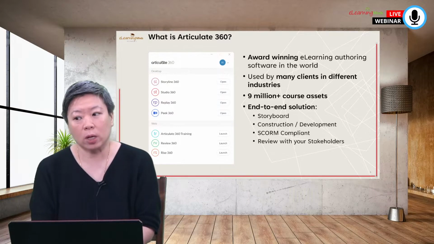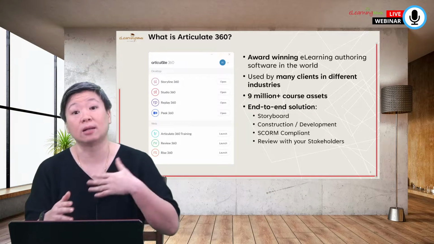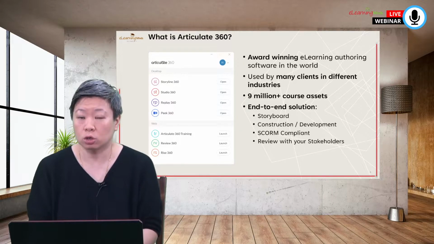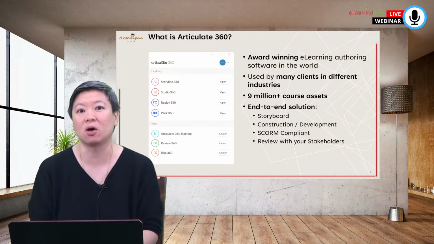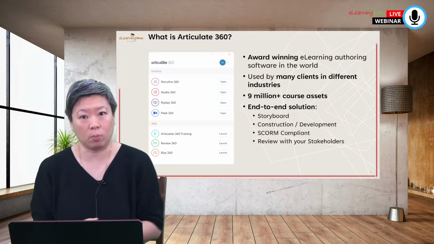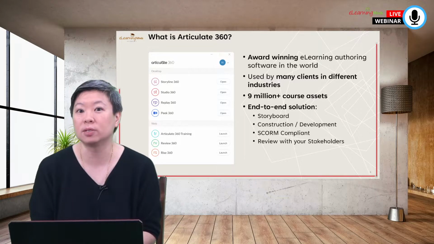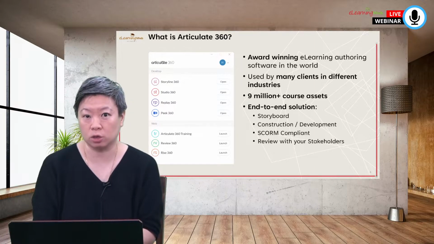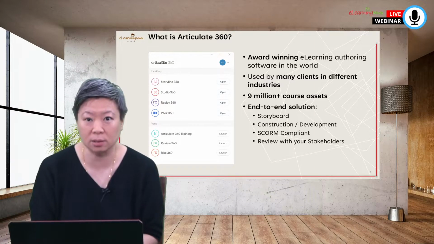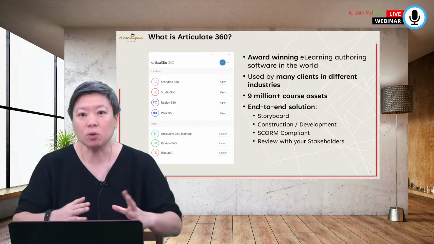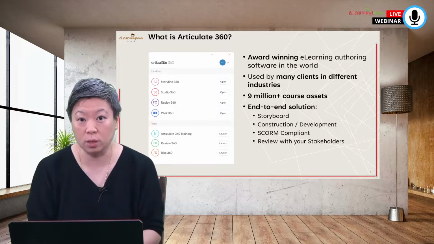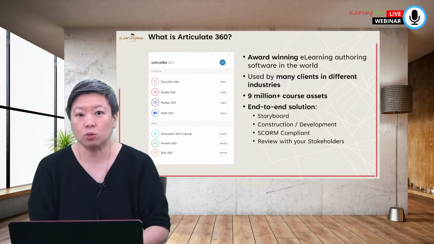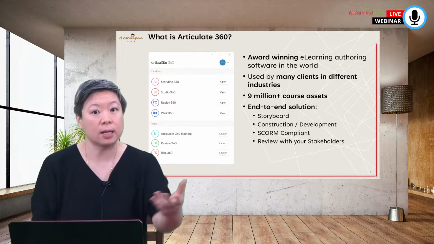Now, we call Articulate 360 an end-to-end solution. Why do we call it end-to-end? Because we start off with the storyboard. Based on the content that we receive, we create the storyboard using Articulate Storyline or Rise 360. Once we want to review with the stakeholders or subject matter experts, that's where we use Review 360. They are able to